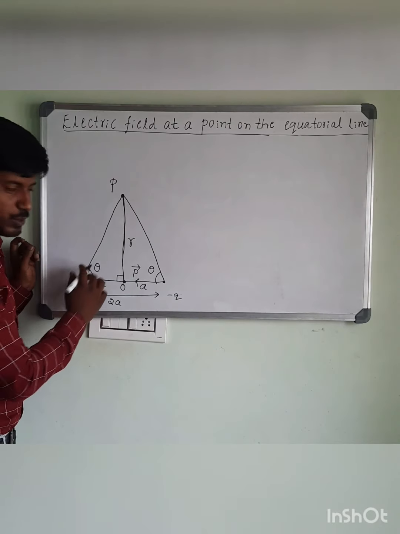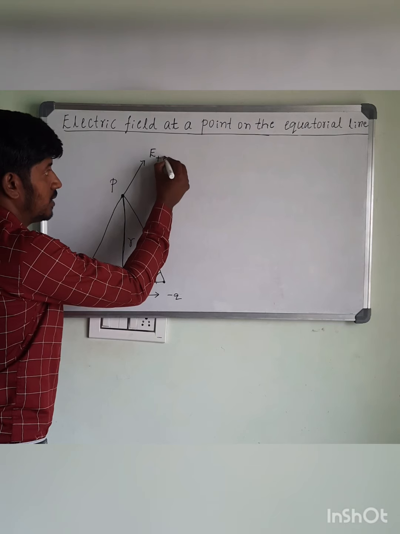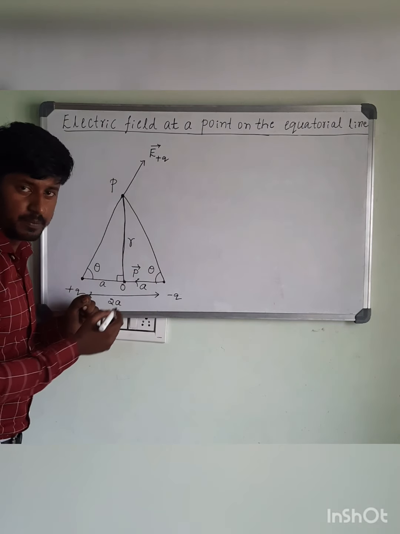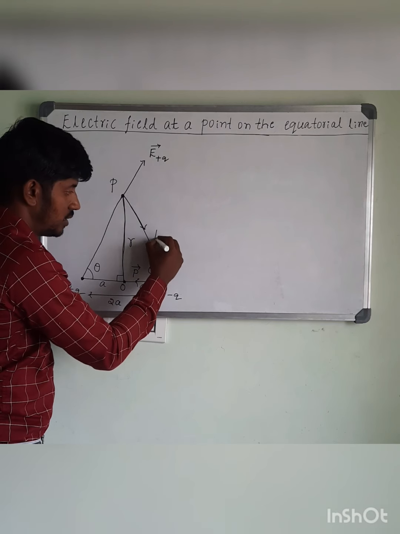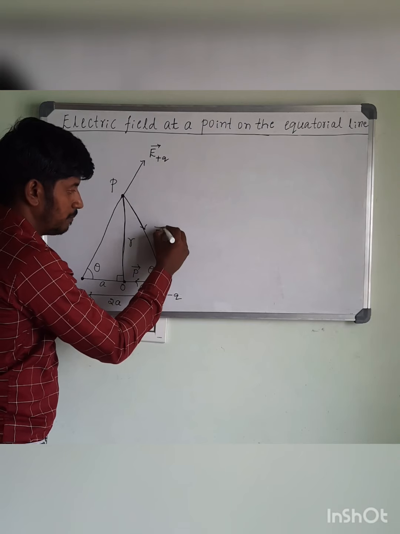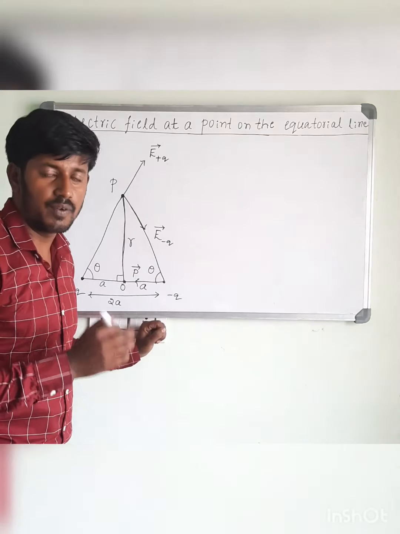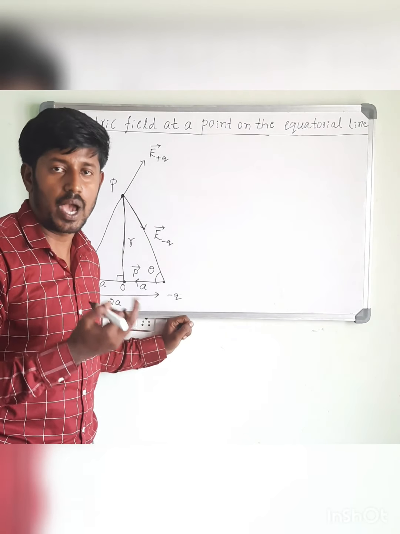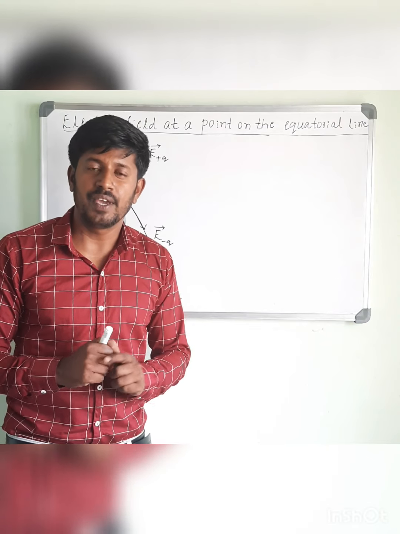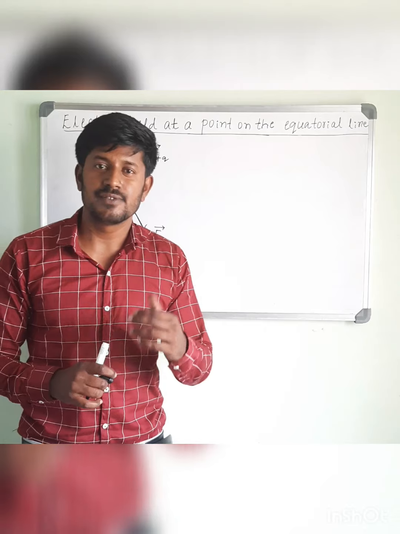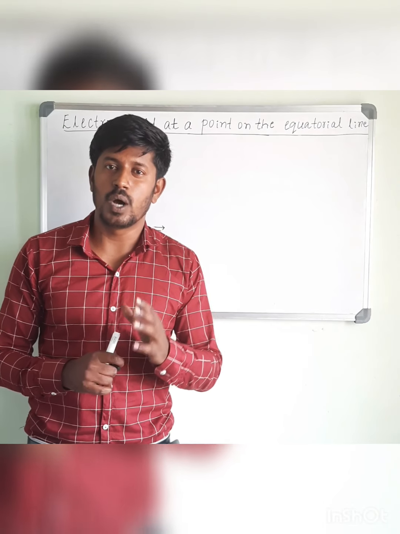So this is positive charge, therefore electric field line due to positive charge is away, that is E plus Q vector, and this is negative charge, so electric field line is towards the negative charge, that is E minus Q vector. So here we have two electric field lines. Whenever you have two or more than two electric field lines, you have to add to get a total or net electric field. We cannot add vectors as we add scalars. So this is a little difficult.